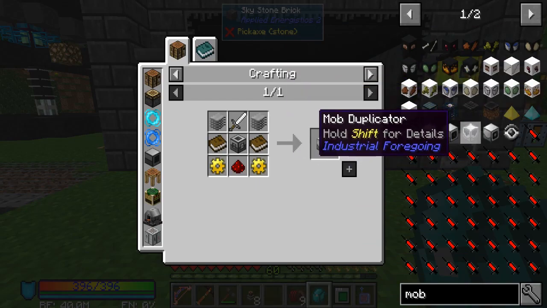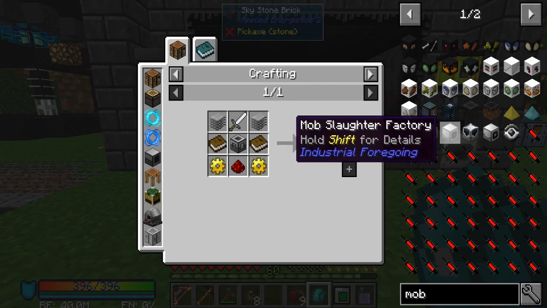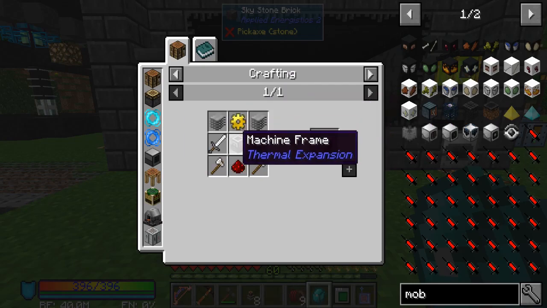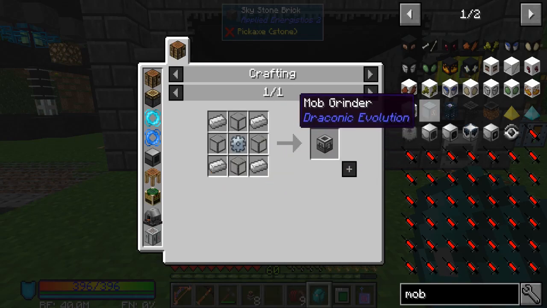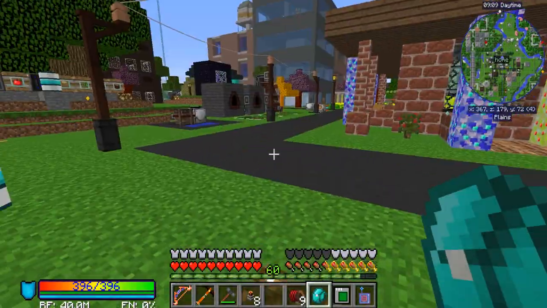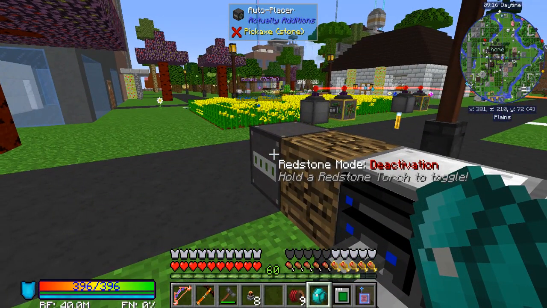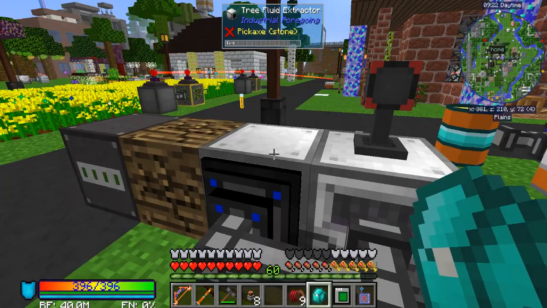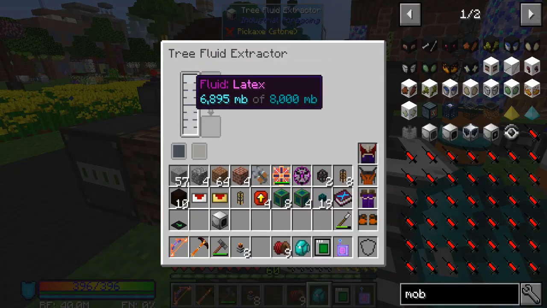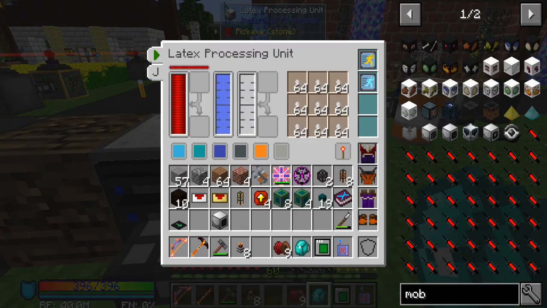So we're going to do two different kinds today. We're going to do the mob slaughter factory and the mob crusher. The mob slaughter factory is plastic, gear, machine frame, 2 swords, and iron ingots to make the frame. And you get the plastic from, if you've never done this, I put a placer down, load up some wood, it goes into a tree extractor, and you get latex, and then the latex goes into a latex processing unit, and you end up with